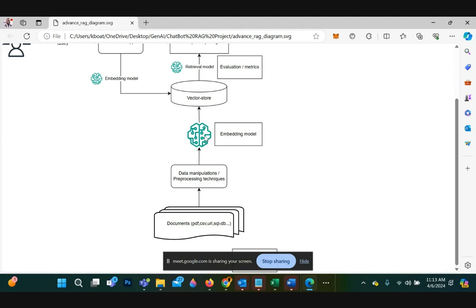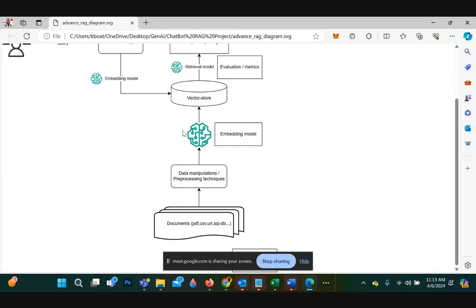So the embedding model will basically, the data will be tokenized, right? Once you put it through the embedding model, it's not tokenized, it's chunked, will be chunked into different vectors, right?